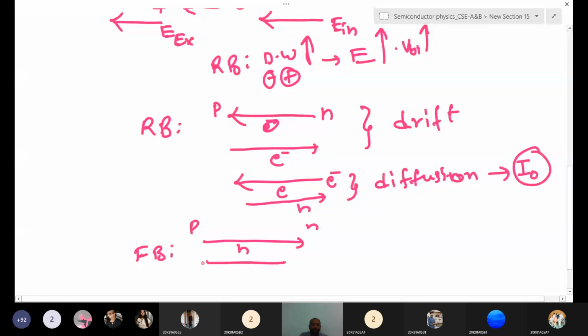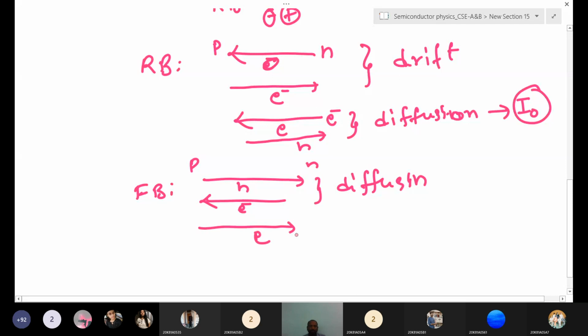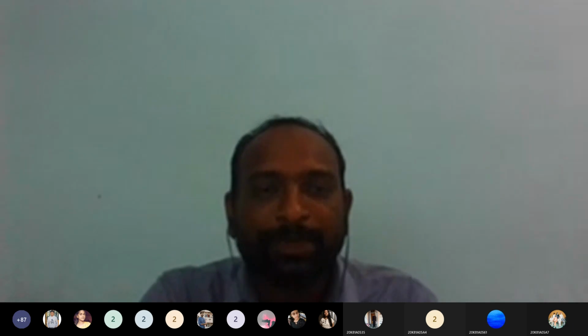But minority carrier holes in the n-type semiconductor also drift, and minority carrier electrons will drift too. This is the drift process, and because of this drift of minority carriers we get some leakage current. That's why we observe leakage current in a device. Remember, this leakage current should always be small. Only then our device